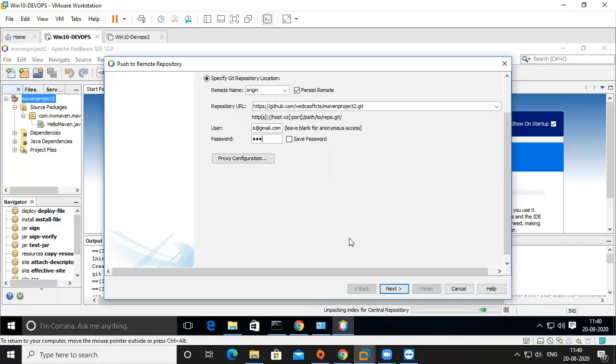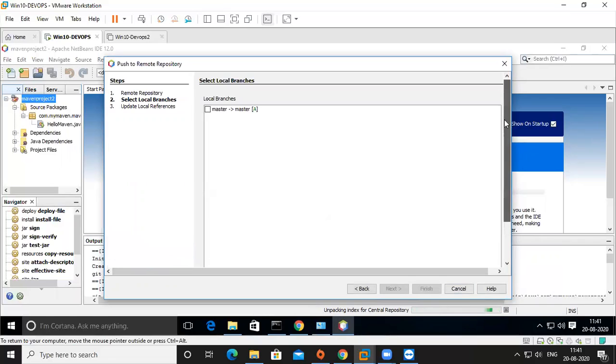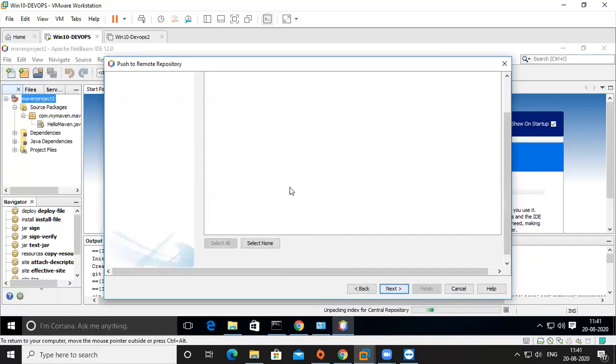If you want to save the password, you can save it also. Next, no branches are selected. Select the branch, then go to next and finish it.